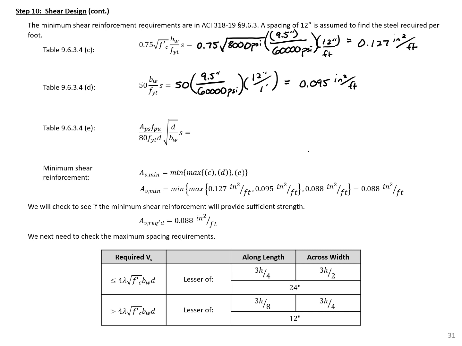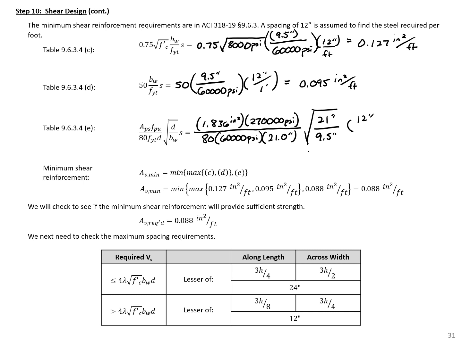And then the last equation here will have the area of our pre-stressing, 1.836 square inches times 270 KSI, or sorry, 270,000 PSI, divided by 80 times 60,000 PSI times D, 21 inches, times the square root of 21 divided by 9.5, and then times 12 inches per foot, which will give us